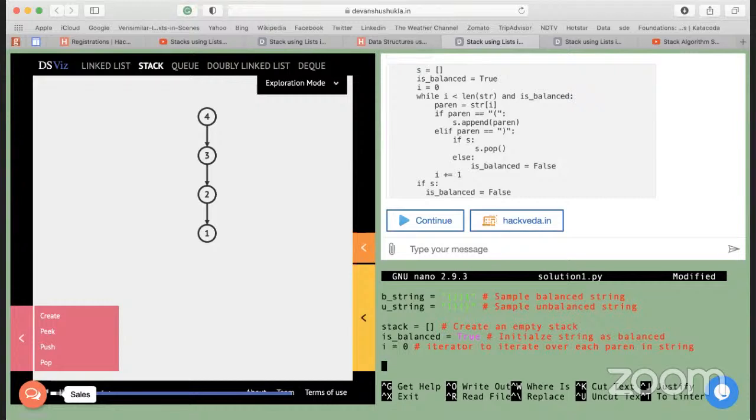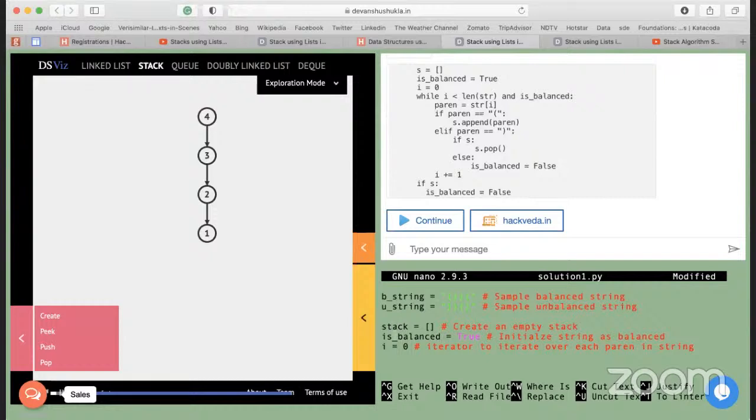ठीक है, अब हमें क्या करना है, तो हमने अपने वेरिएबल्स इनिशियलाइज कर लिए, हमने अपनी स्ट्रिंग पैरेंथेसिस इनिशियलाइज कर ली। Now we are going to iterate over each element within the string, ठीक है। जो हमारी B string है या जो भी हमारी U string है, इसको हम आइटरेट करेंगे, ठीक है। तो फर्स्ट अटेम्प्ट पे मान लो मैं एक काम करता हूँ, बी स्ट्रिंग और यू स्ट्रिंग को ना मैं एक्चुअली स्ट्रिंग ही ले लेता हूँ, या चलो अच्छा कोई नहीं, नीचे दोनों मेथड्स तरीके से पास कर देंगे, वैसे ही बनाऊंगा, ठीक है।